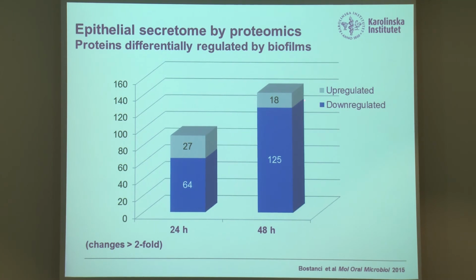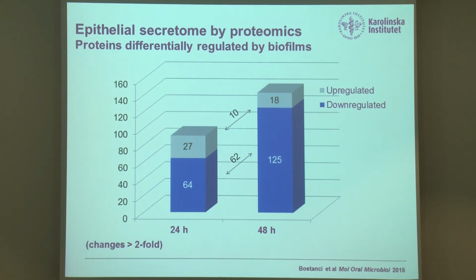At 48 hours, 18 proteins were upregulated and 125 were actually downregulated. When we compare these proteins between these two time points, 10 of those were commonly found in both time points. When we look at the downregulated ones, 62 of these proteins were common between the two time points. So the vast majority of the proteins that were downregulated here at 24 hours maintained at low level over 48